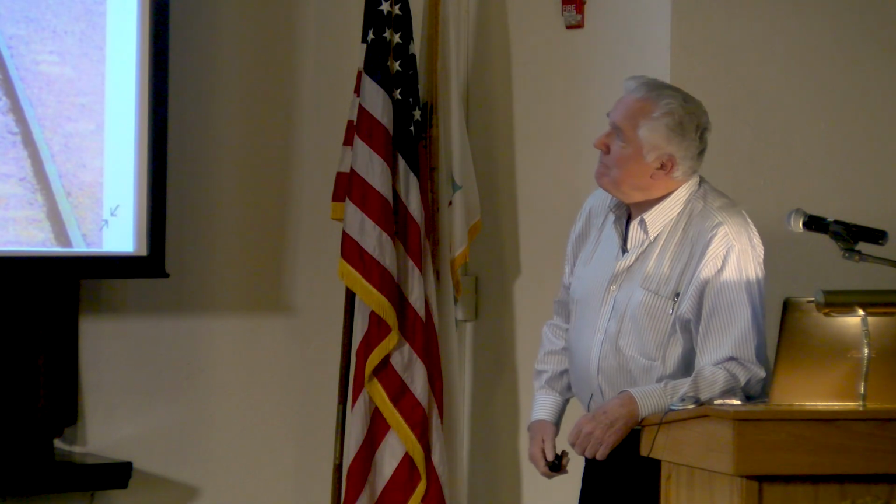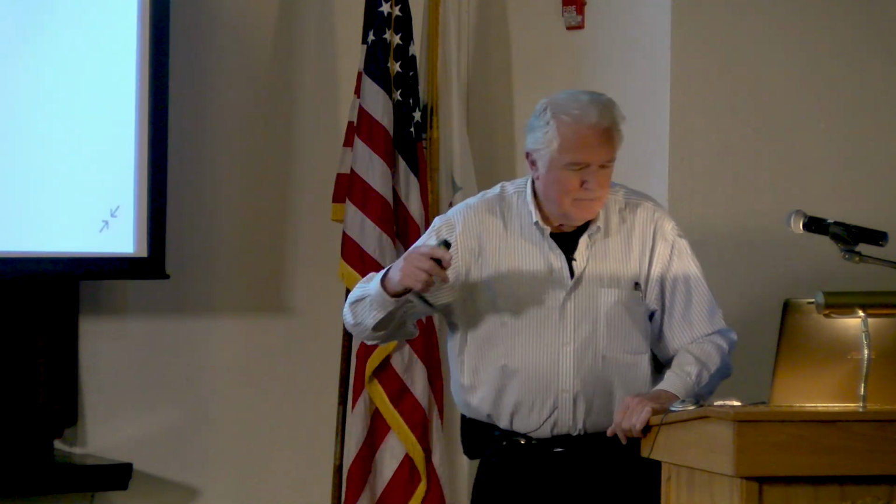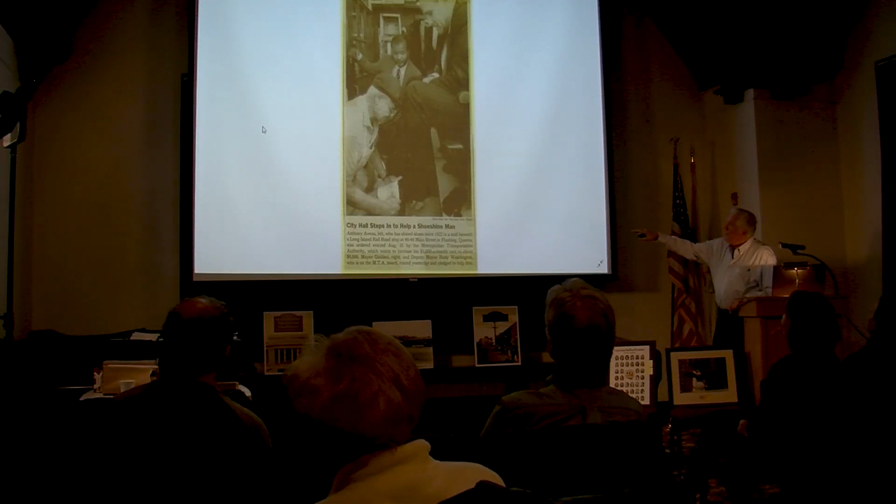Broadway Station. It's an old postcard view. If you go to Broadway Station now, that building is still there. It's been jacked up when they eliminated the grade crossing, but the basic building is still there. And that's Broadway Main Street. Well, this is a newspaper article